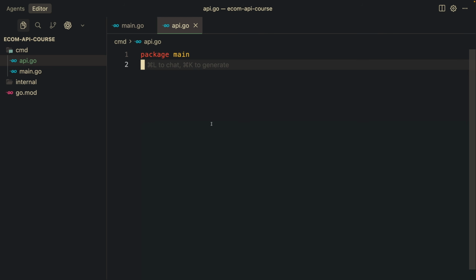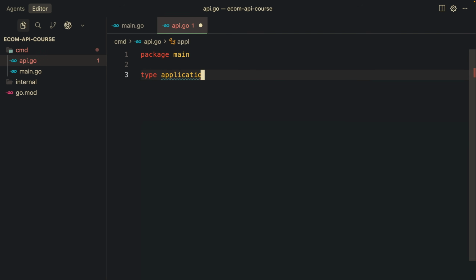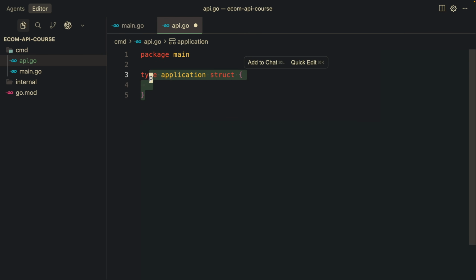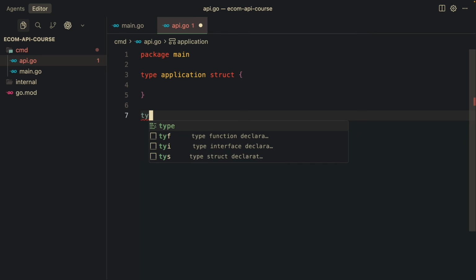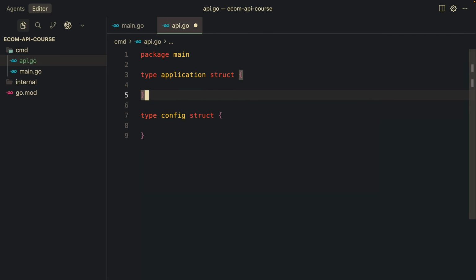Okay, so let's focus on building our HTTP server, and then we can start working on the rest of the program. I usually like to go to api and create two very important structs. The first one is the application. You could also call this API if you want, but I like to make it a bit more generic. And then another one, which is going to be the config. The application is basically a global struct. This is what your API is going to have. It's going to have methods that are going to run